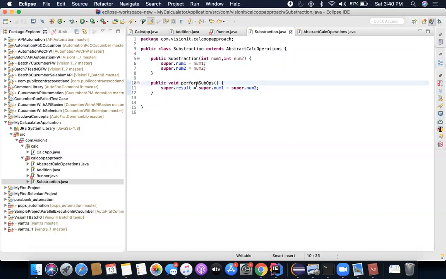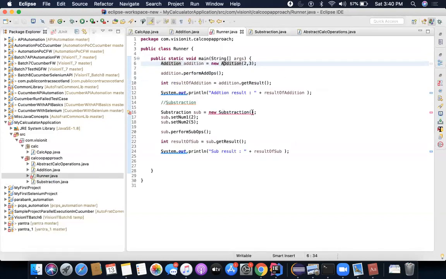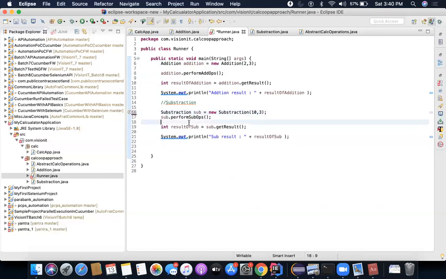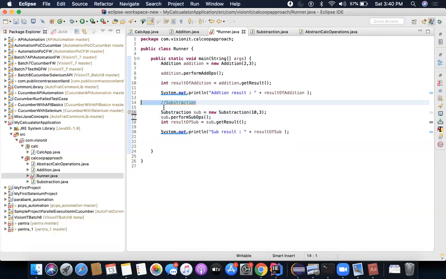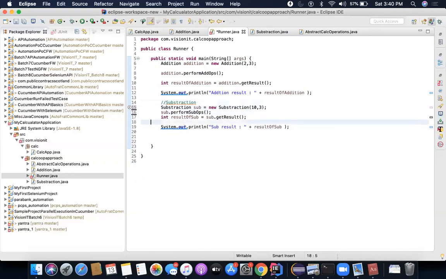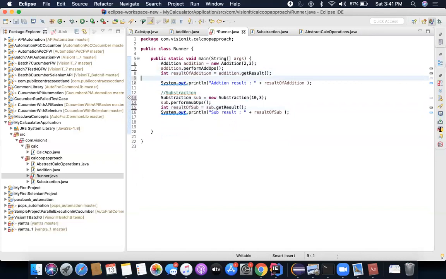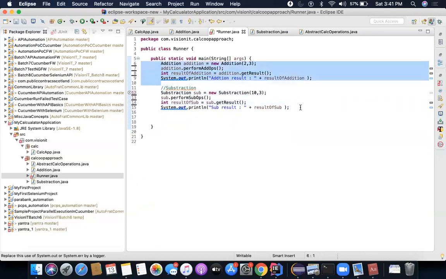Right, so now this performs the sub operation, and this performs that operation. Here again it is saying why you're not sending me the variables, because I need to call a parameterized constructor. So I'll write here pass values 15 and let's say 3. Now I don't have any need of calling these methods, so I'll remove them. And now this is all I have to write here. So this is for subtraction code. This is for addition code. Let me just make it better. Right, so this is for addition, this is for subtraction.